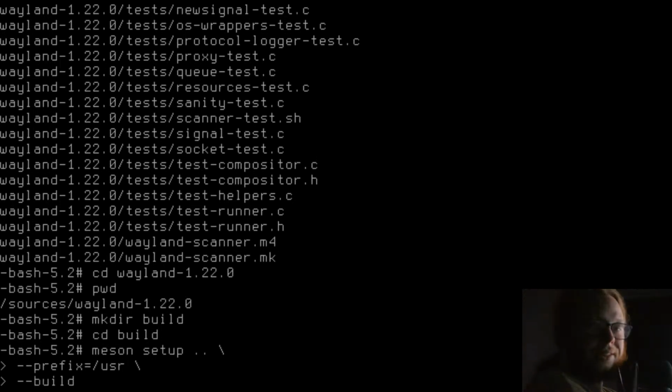I can't copy paste because this is a virtual machine and it won't let me copy paste from here to here, so I've got to type everything out manually or stick it into a GitHub file and download it. Which I resorted to doing for the longer stuff because there's a repository for that that I made. It's that one. I specifically made it for that reason. Build type equals release.